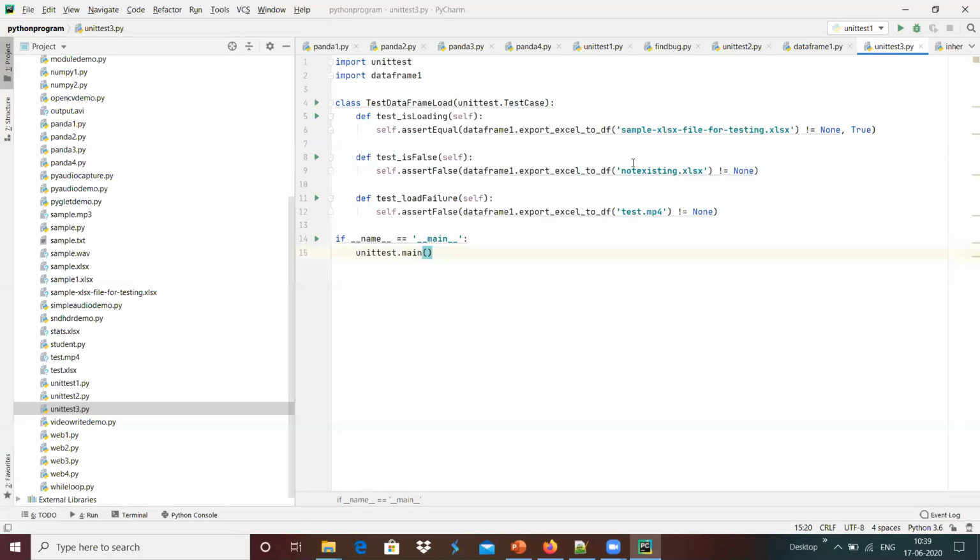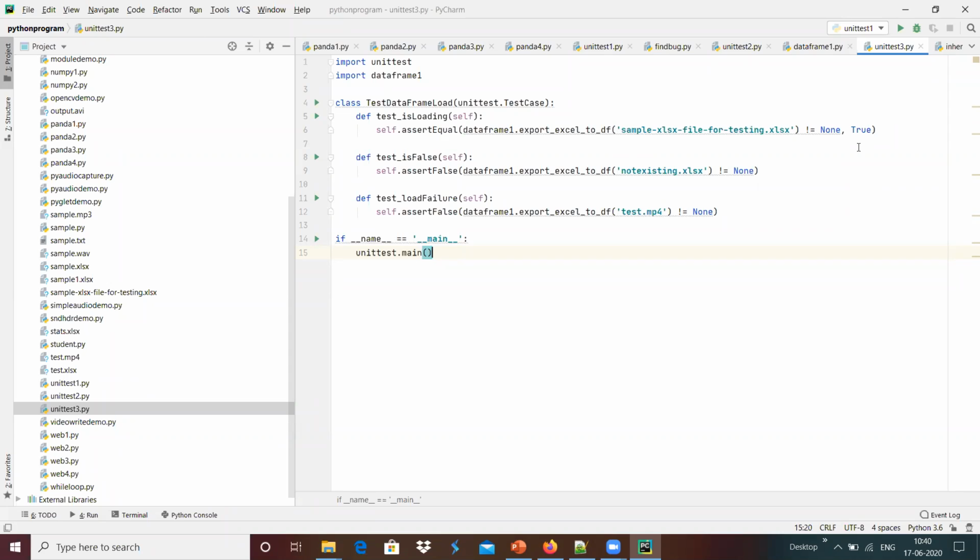We are providing three test cases, one with the actual file which contains the data that it should return, and the data frame has to be created in a proper manner, and we have to expect not equal to none, which means the data frame loaded properly, which is the true case.